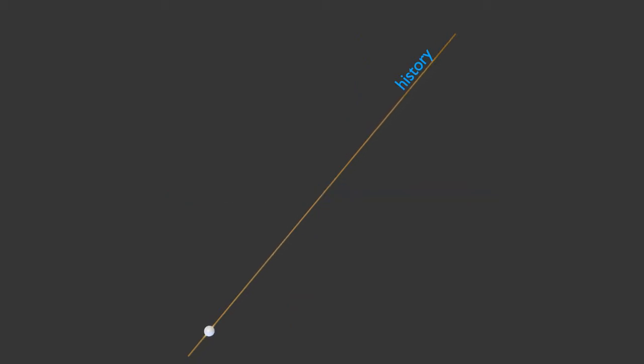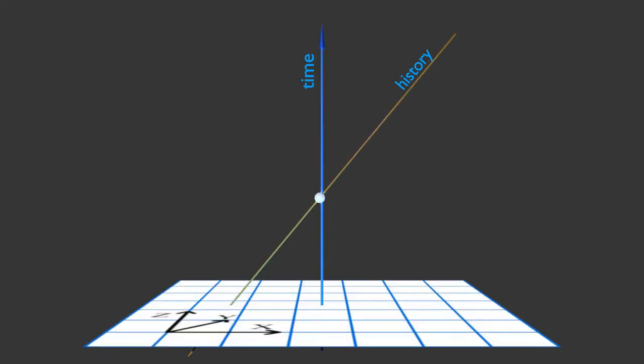To represent the movement of a particle in space, we need 4 dimensions, 1 for the time and 3 for the space coordinates x, y, and z. In this representation, there is an instance of the space at each time used to represent the position of the particle at that time. Each instance of the space is a slice in this 4-dimensional space. For simplicity, we will represent only 1 or 2 of the 3 space dimensions.